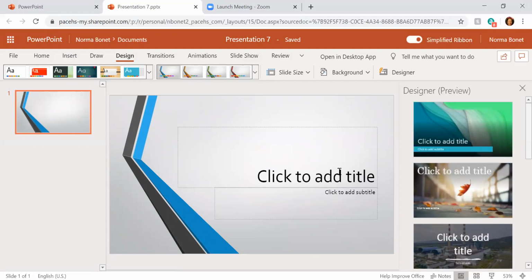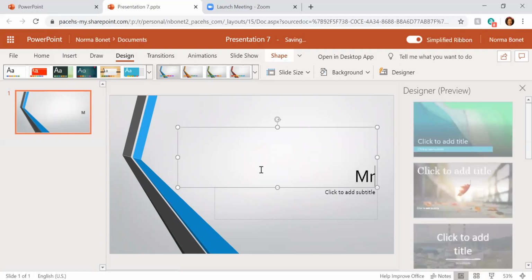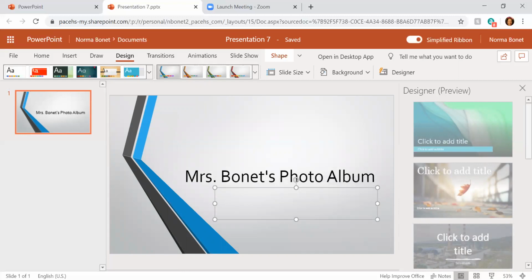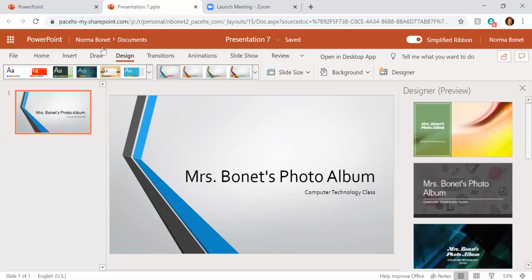So you could use this as your title page saying, I'm going to put, this is Bonet's photo album. And then maybe I could just put computer technology class, okay? And so that would be for my title page. Then I'll go ahead and add another slide to this PowerPoint presentation where I'm going to be able to start